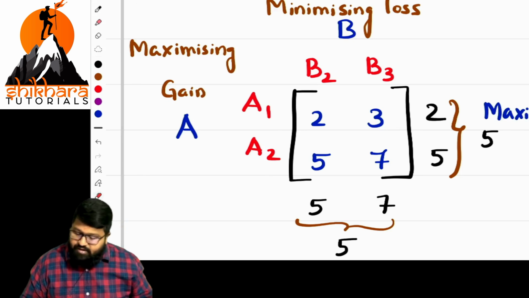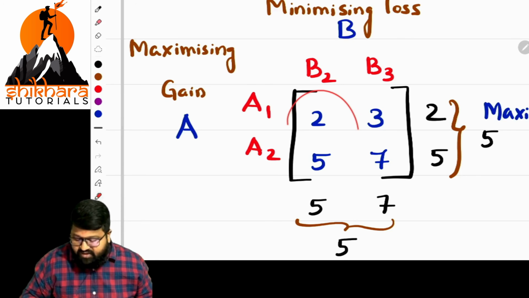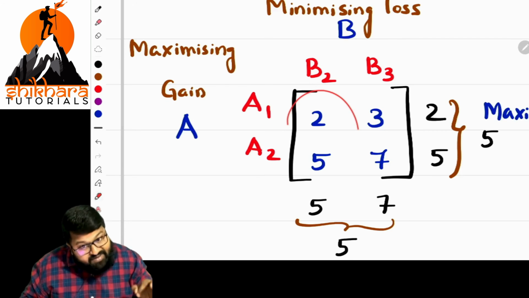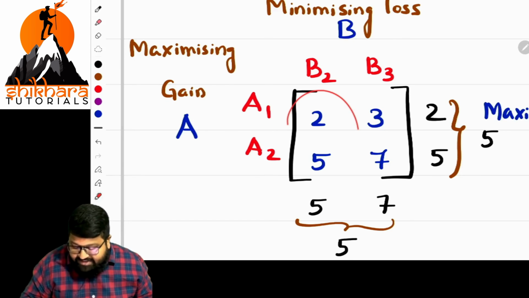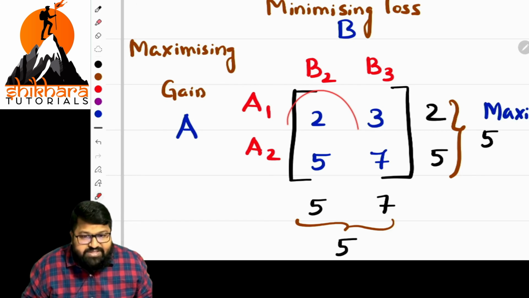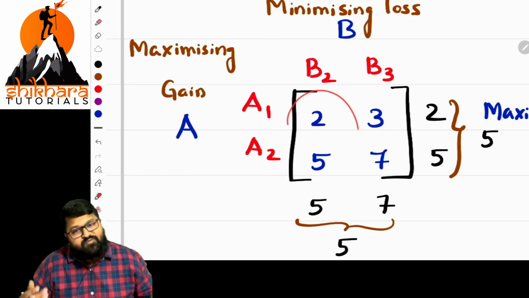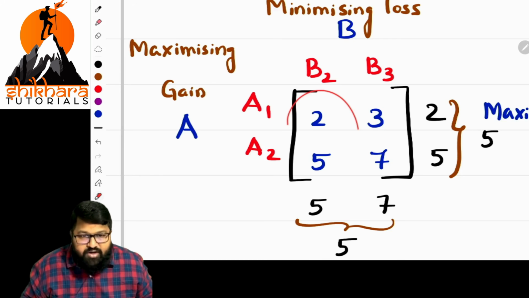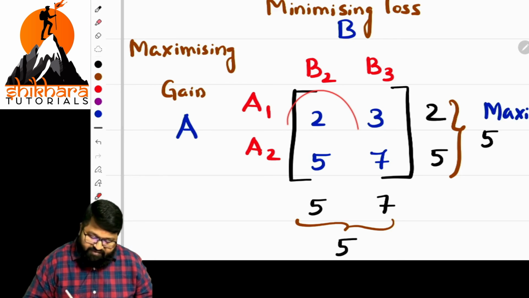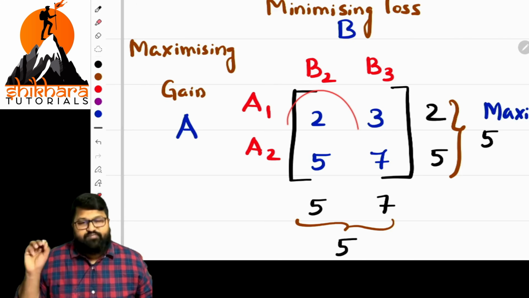Am I clear? Now, sir, in this case, what should we do, sir? We should identify the highest number. 5. What is the highest number? 7. Of these two values, find the least value. These are the maximum values. From the maximum values, I am finding the minimum value. That is known as what? Minimax. Are they equal, sir? They are equal. So done with the solution. We reach the saddle point, and the strategy is nothing but what? 5. What is the 5 here? It is mentioned here. So A2, B2 is a strategy, and the value of the game is 5.